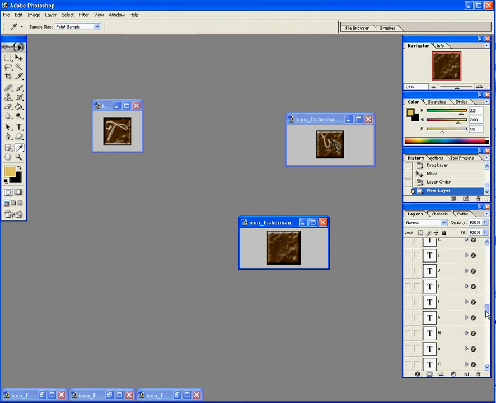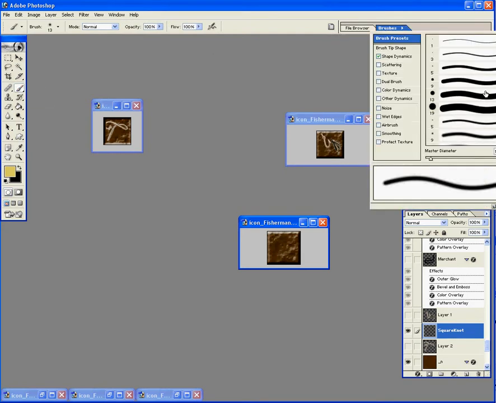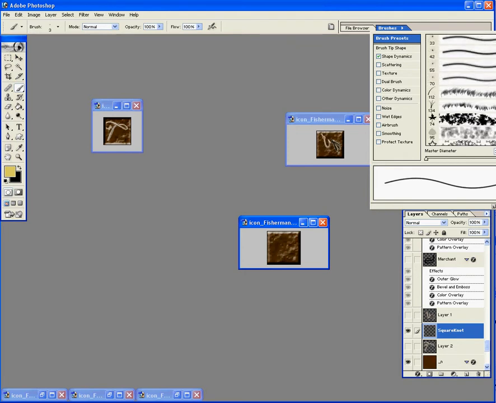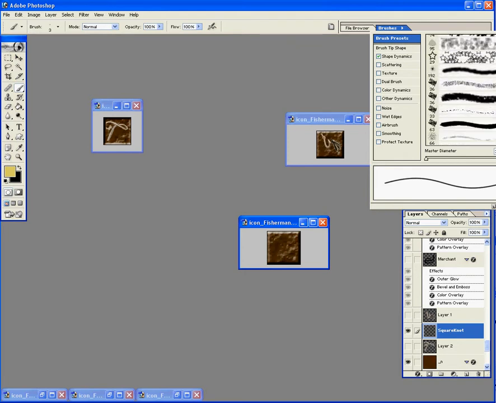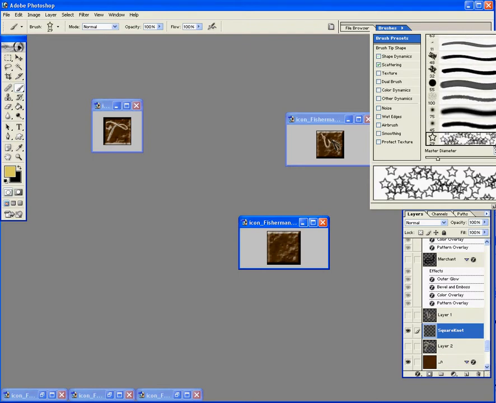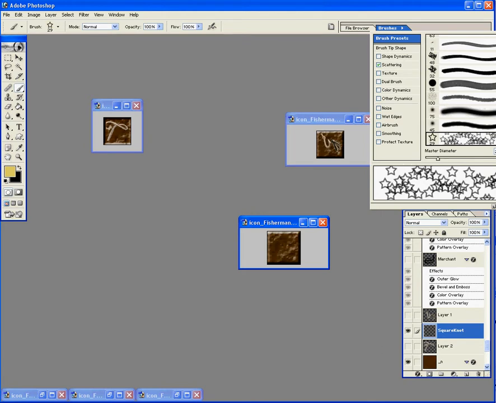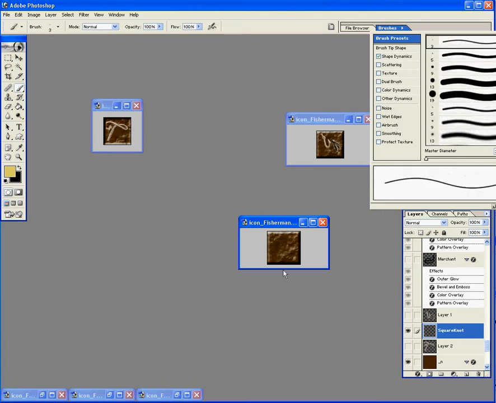So we come back down here to our square knot layer. And we can just draw with it. So we get our brush tool, choose what brush you want. Of course, you can have all the selection of all the Photoshop brushes we could use. There isn't a knot brush. If I wanted to do a star, I could. See, and then I would have an instant star, and we'd be done. Except I don't actually want to do that. We're just going to go ahead and grab our brush, and we're going to